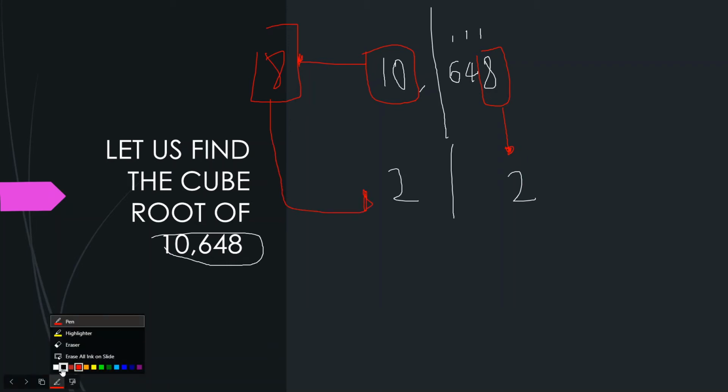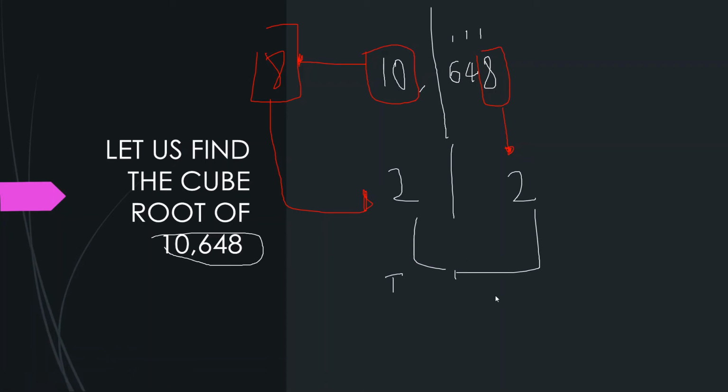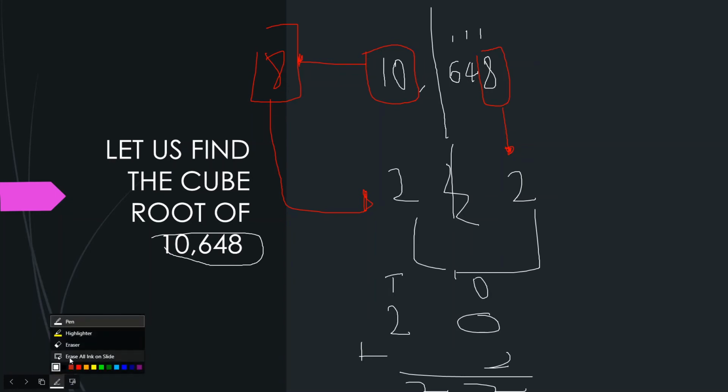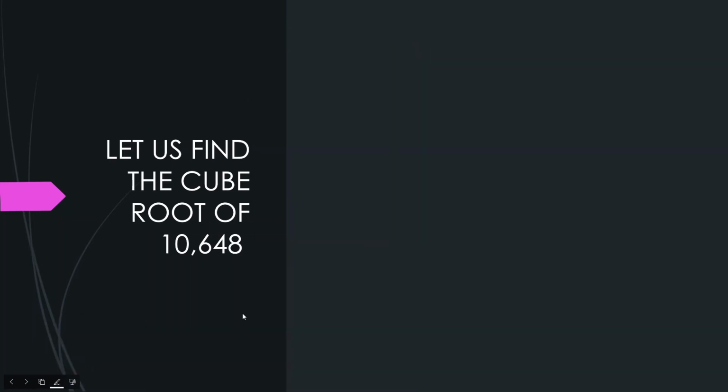Now we need white ink. So 2 and 2, that's 2 tens plus 2 ones, like 20 plus 2, which is equal to 22. We take both of them together and remove this line, so it's 22. This is how you do it. This is a very easy method, and the answer we have is 22.